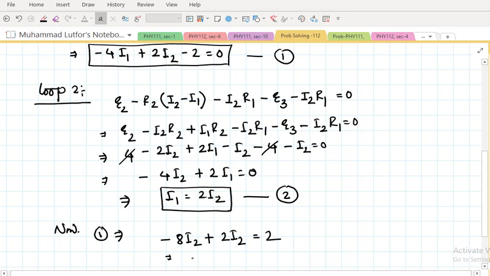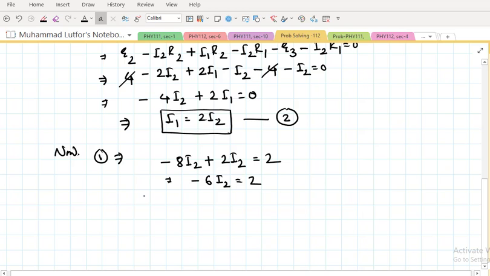Then it's going to be minus 6I2 equal to 2, or I can write I2 would be minus 2 by 6, right, which would be basically minus